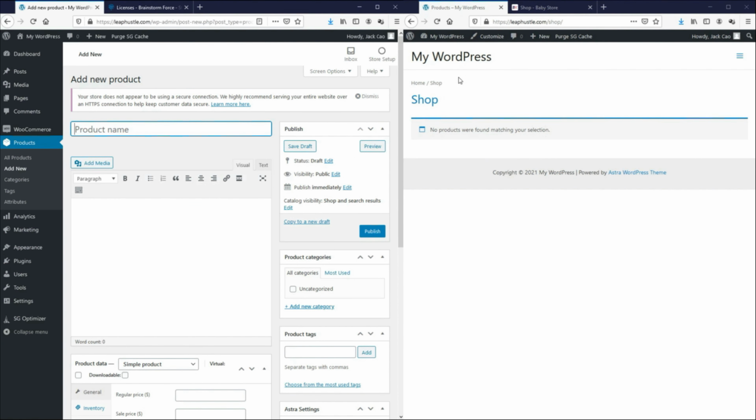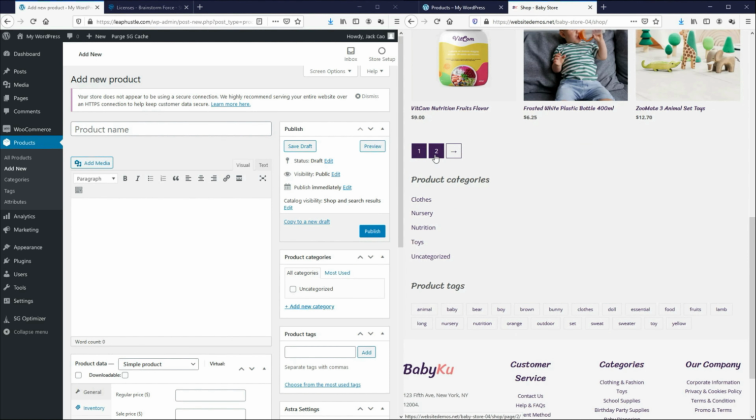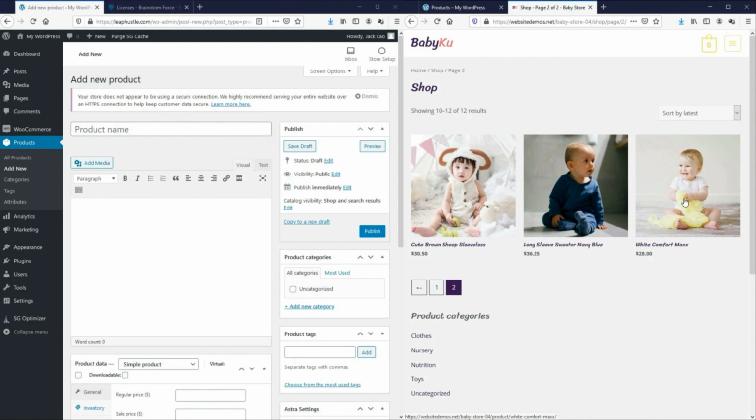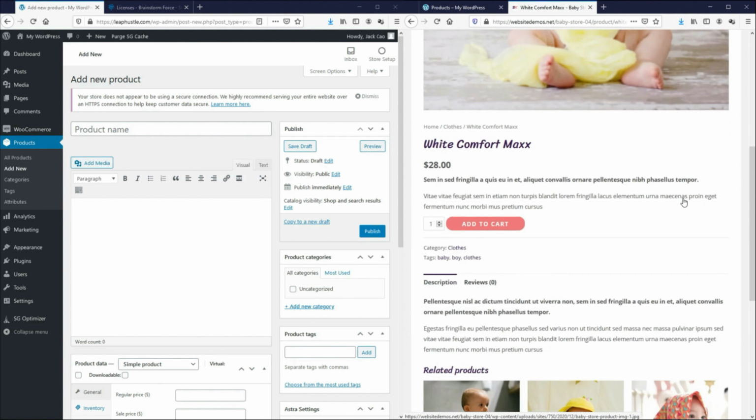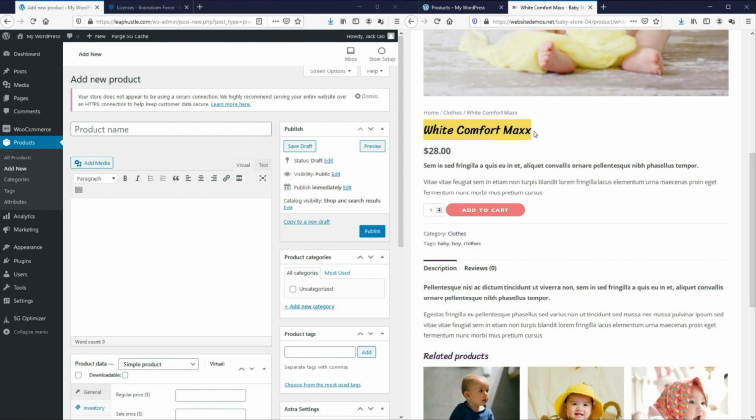And let's check out our demo product store. So let's go to page 2. This is the first product. Let's click on that. So this is the product name. Let's copy this and put the product name here. And then whatever text that you put in here, it will basically appear here and it's not here. I will show you what I mean in just a while. So let's say over here, I put in, this is the description. This will basically appear down here and not the product description here. So for this to appear here,